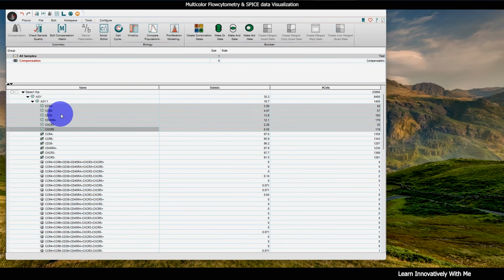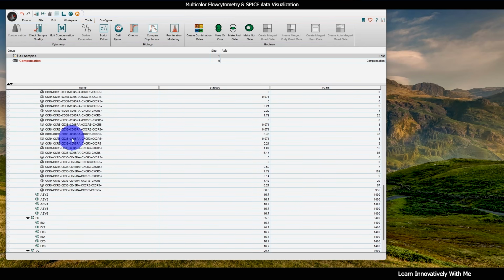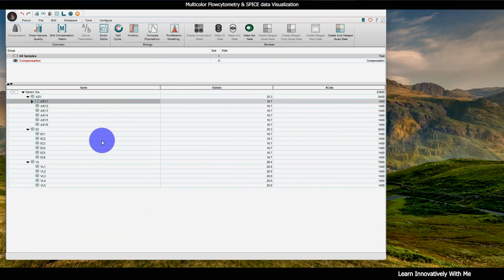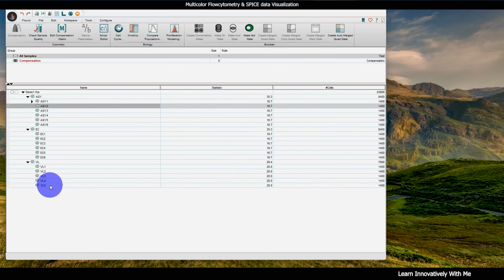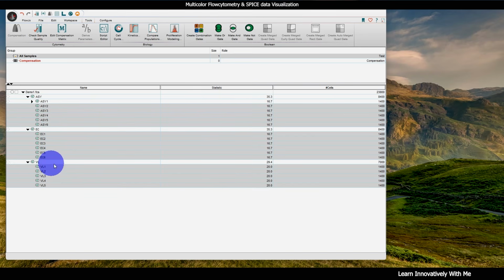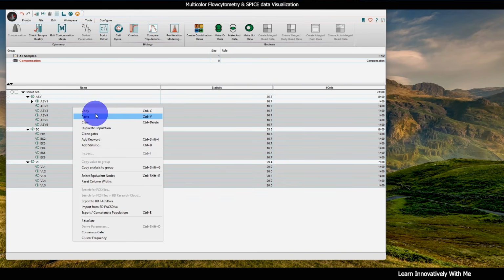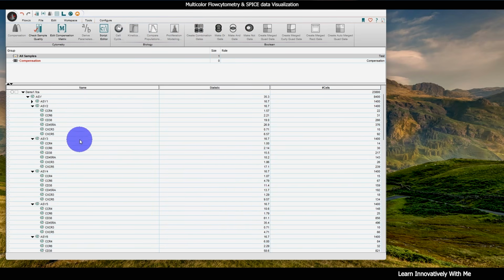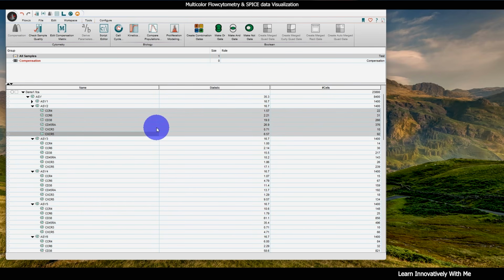So I'm going to select the 6 parameter. I'm going to copy the gating, and I will show you how you can apply it on each individual. So select all the individuals, and now you can paste the parameter gating. You can see it is applied on all the individuals, and now you have to perform the combination gating individually. There is no option to do it in a single click, so you have to perform the combination gating for each